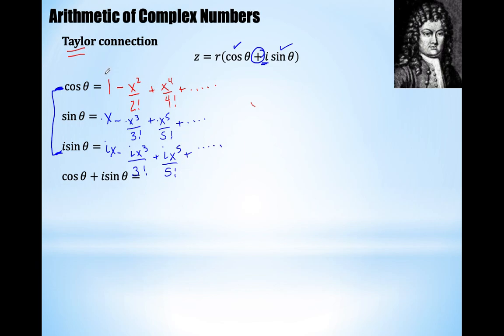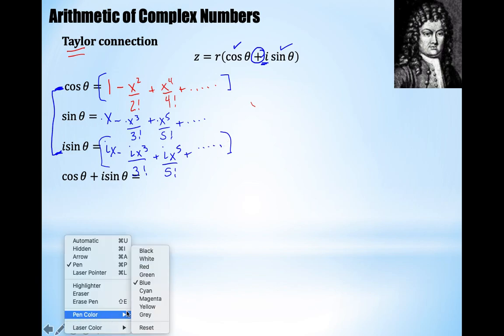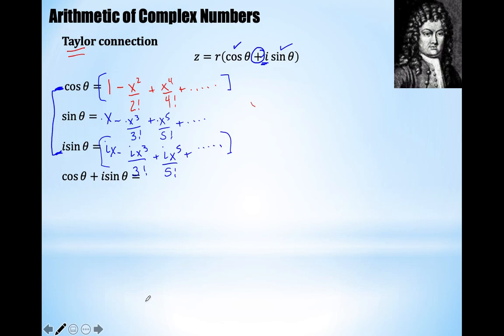I want to add all of these to all of these, and I think I will go ahead and put them in power order. I'm going to start over here because I've run out of room, so I'm going to write 1 plus ix minus x squared over 2 factorial minus ix cubed over 3 factorial